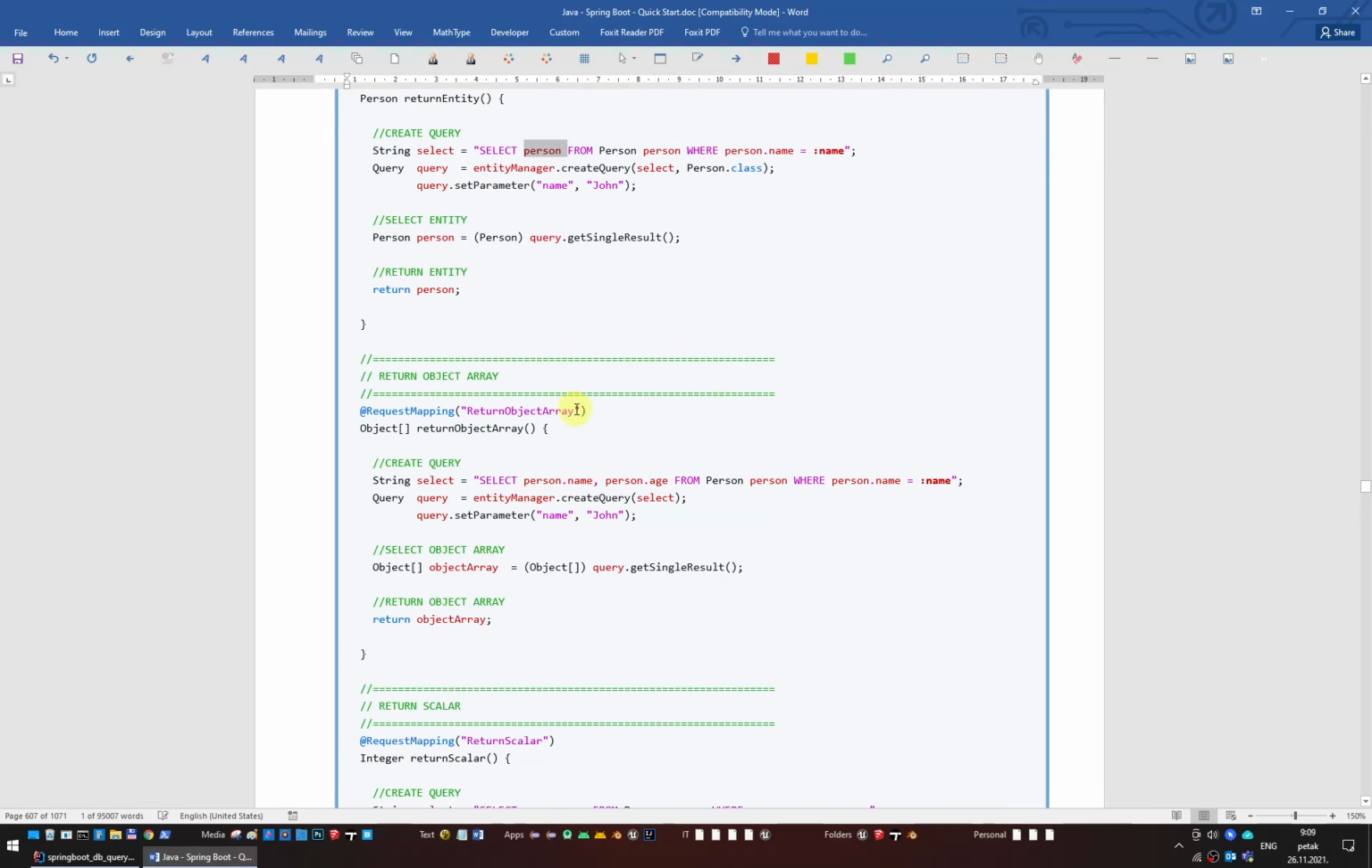Our second endpoint will show how to create a JPQL select statement that only returns specific properties from the entity, by specifying those properties after the select keyword. We can then create our select statement, but in this case we don't need the second parameter to specify the type of class that is being returned, because by default JPQL will return an array of object, or in this case array that will contain these properties: